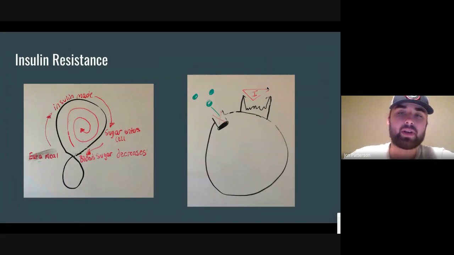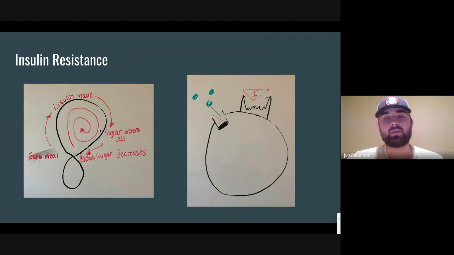Remember what we talked about in someone who's diabetic: your insulin receptors are damaged, and insulin will not bind, and that causes glucose to stay in the blood. Well, when glucose is in the blood, fat can't be burned. So this is called metabolic inflexibility, because you're stuck in this top loop of insulin being made and blood sugar not being able to go down as easily. So you're constantly burning glucose because it's slowly leaking in, but you never get to that fat burning stage because you either keep eating or your insulin is not working enough to clear the sugar out of